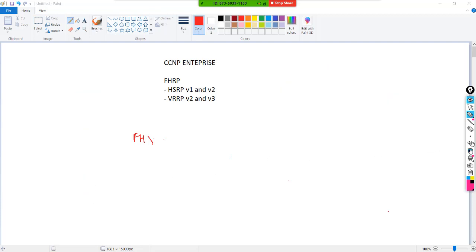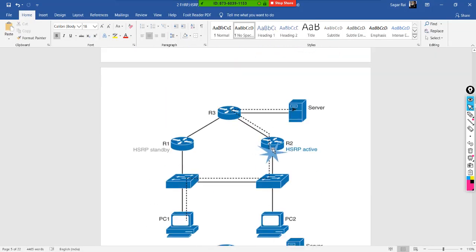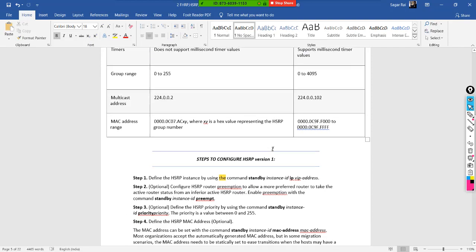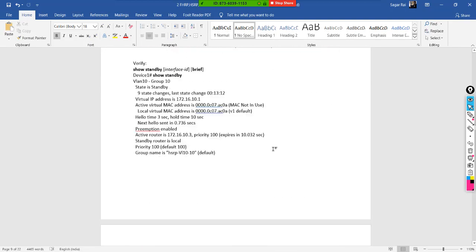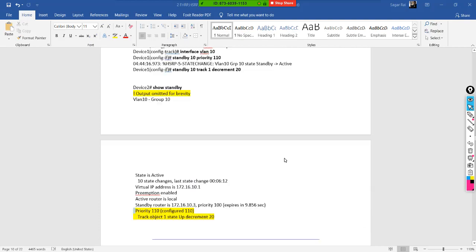So these are a few similarities and a few differences between the two. The object tracking is also very similar. Object tracking is a feature where you can track your WAN facing interface. That's again a similar thing in both version 1 and version 2.